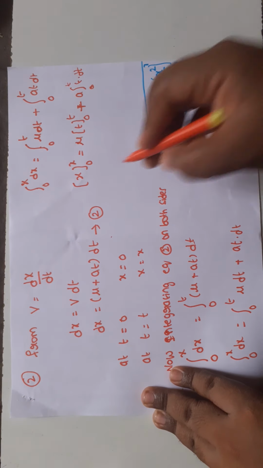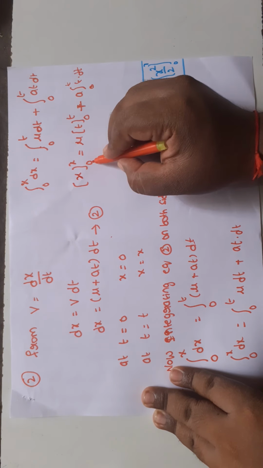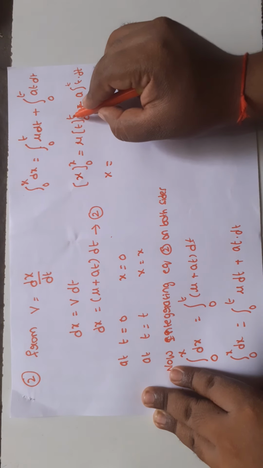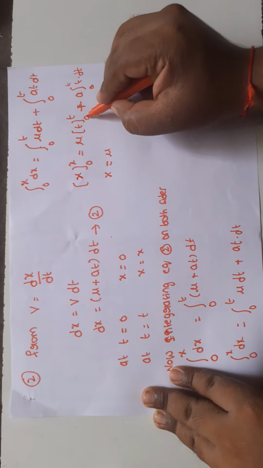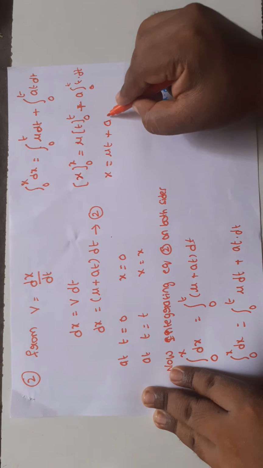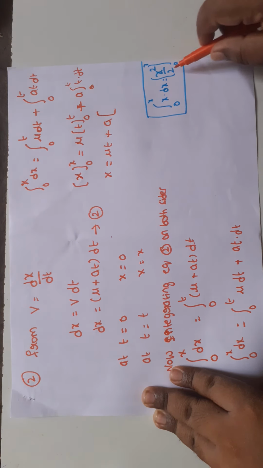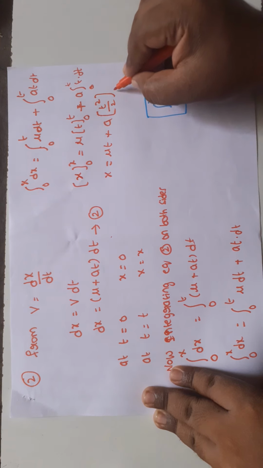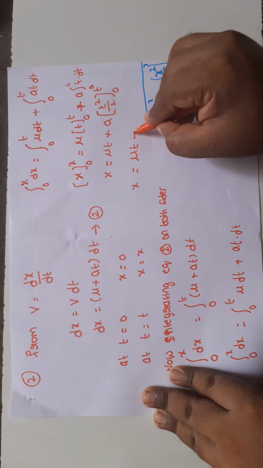Here, applying limits, upper limit minus lower limit. So in case of x, substitute upper limit x minus lower limit 0, x minus 0, x equals. Here also, in case of t, upper limit t minus lower limit 0, t minus 0. So integral of x dx is x square by 2, and integral of t dt is t square by 2, limits 0 to t, x equals ut plus a into